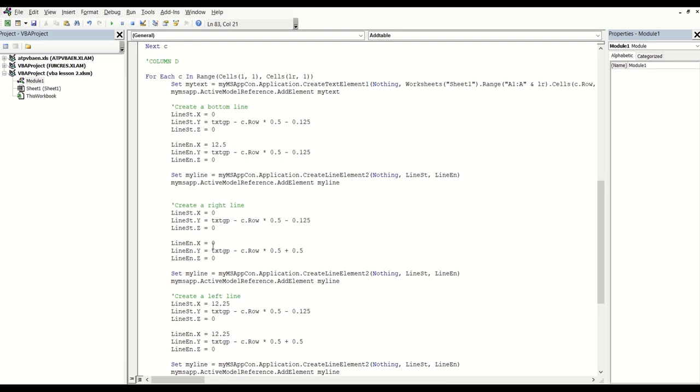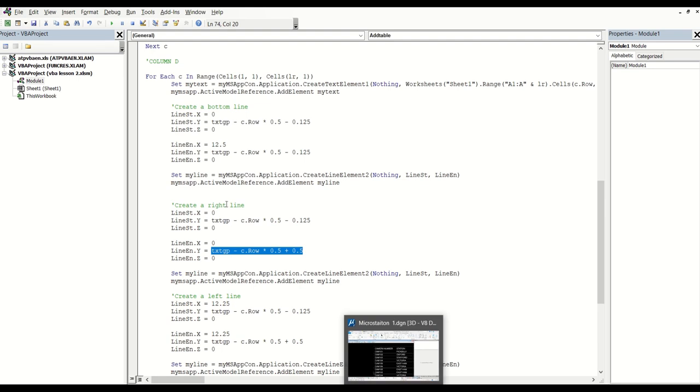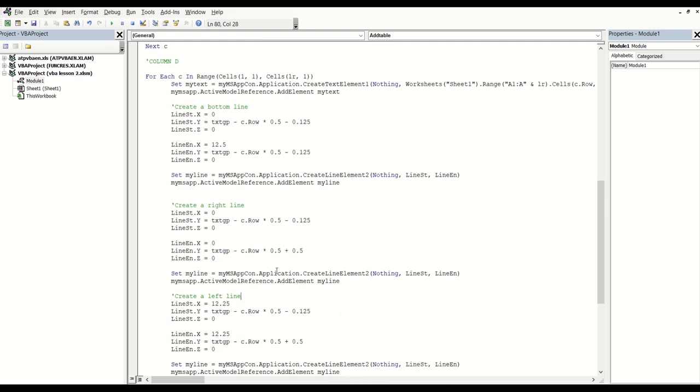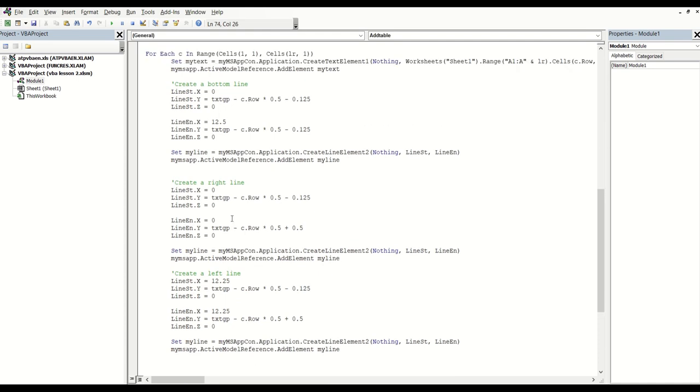I kept x as 0 and x as 0, and I used that value from the previous table that we had, which is that one there. So this is for the end of that line, based on the text. So this is the bottom of the line, and it's going to take the same value and add up the size of the text. So to close, it's going to draw a line on the right, and this is the line on the left. So now if you run the code now,